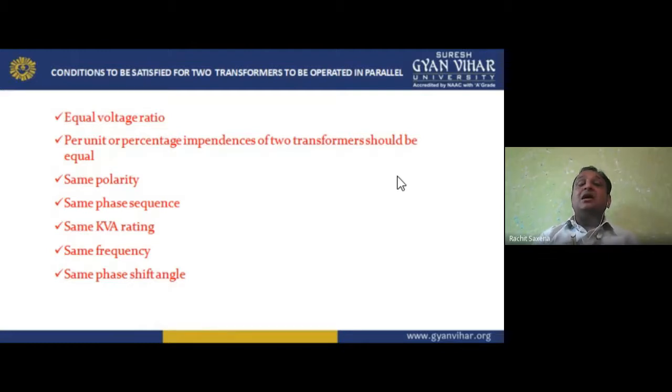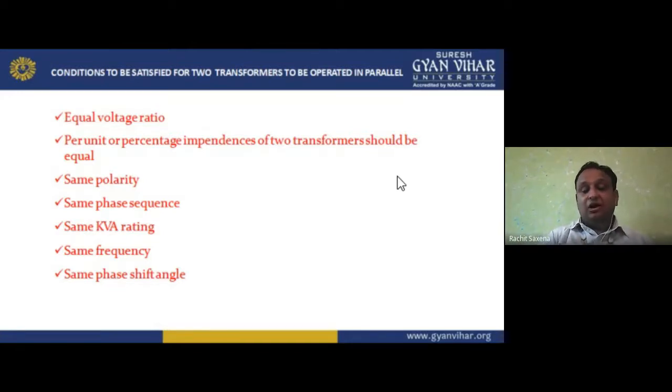For example, if I am having a 5 MVA transformer in the society, which I took as an example just before, I have to connect the same MVA rating or kVA rating transformer, not change it. Okay. Now the frequency level should be the same. If I am using a transformer of 50 hertz, made by an Asian country, and another transformer made by a European country having 60 hertz, we can't do it. We can't use it. So same frequency we have.